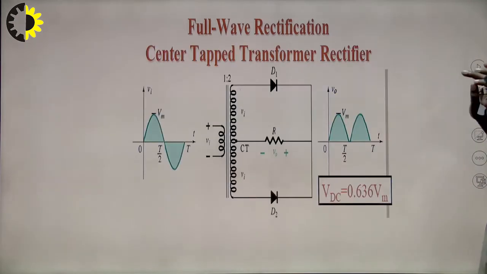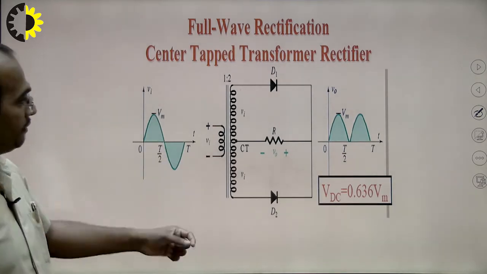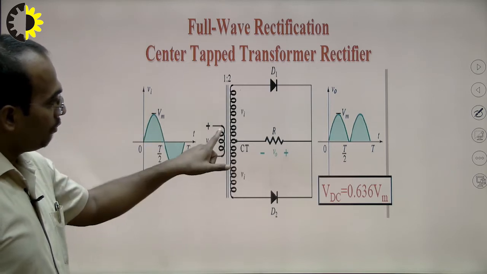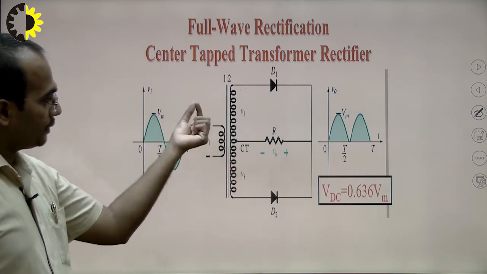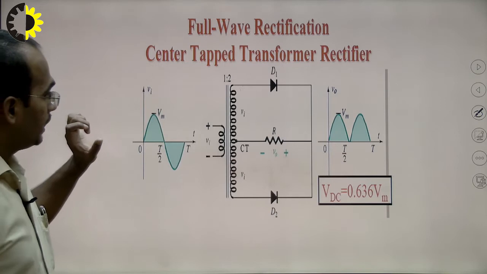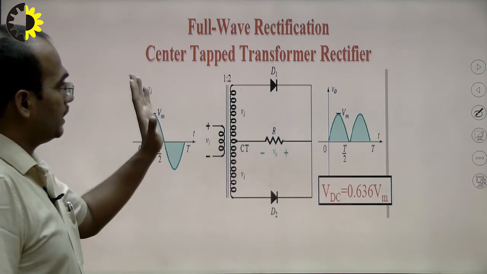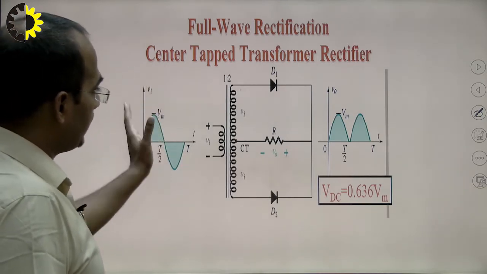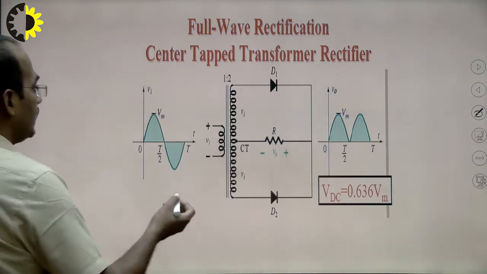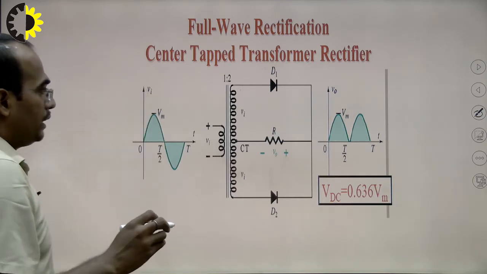So, what is the circuit of the center tap full wave rectifier? We use a center tap transformer in which the load resistance is connected from the midpoint of the secondary winding. The input applied is an AC input signal. In the same way as the half wave rectifier, we will analyze the circuit for the input to get the output of the center tap rectifier. So, when we apply the positive half cycle, what will happen?